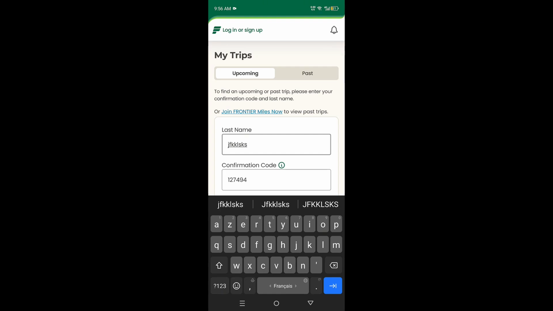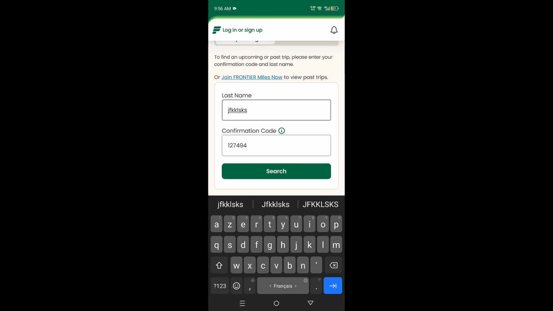But when you have it on the application like this, when you put in your confirmation code and last name, you will get your ticket, which you can use from there. And if you want to print it out, you can also print it at a kiosk in the airport. And of course, at the